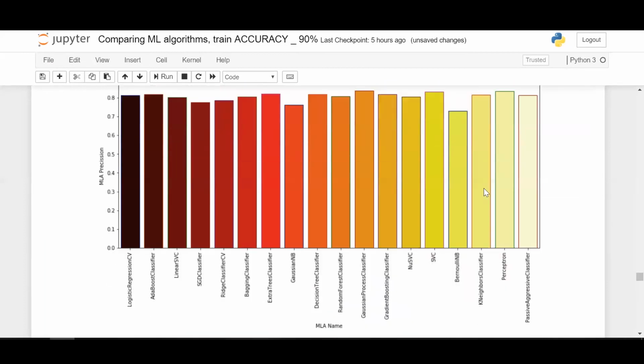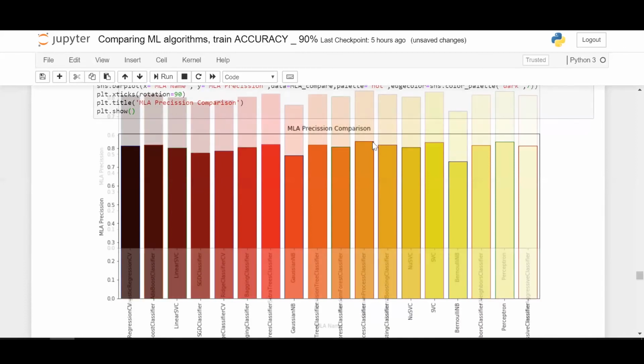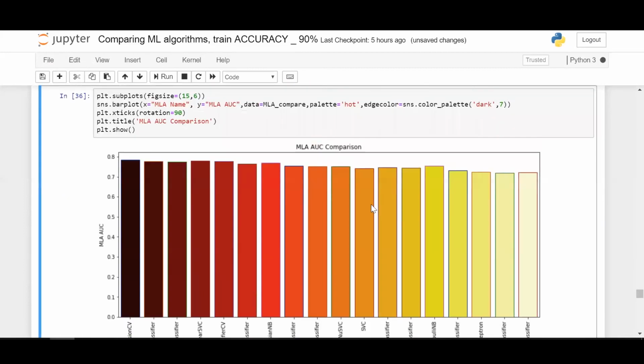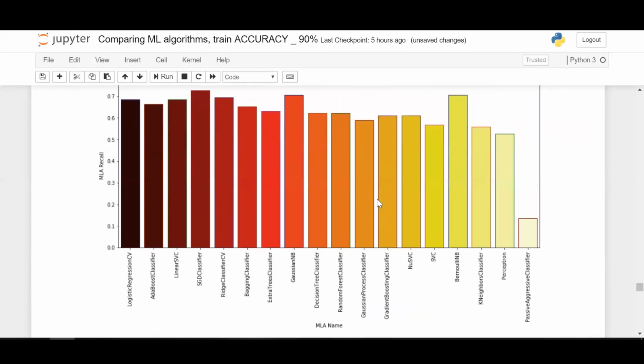So let's do the precision comparison of the different algorithms. In terms of precision, can you tell me the best algorithm out there? There's SVC and Gaussian process classifier. So support vector classification and Gaussian-based classification are giving the best precision values. Similarly, let's do it for the recall. Under recall, which algorithm is the best?